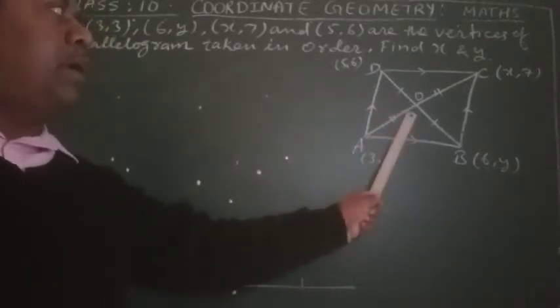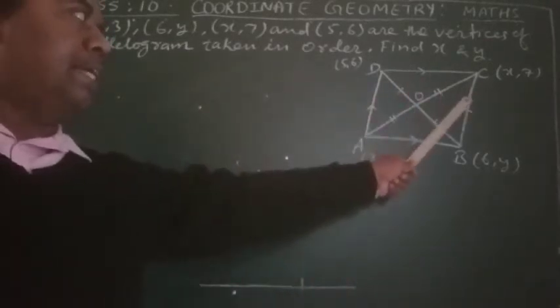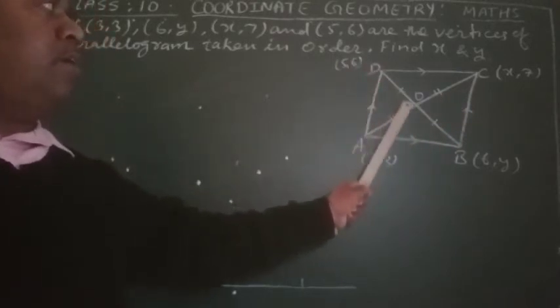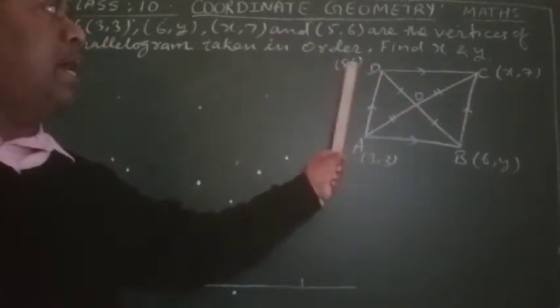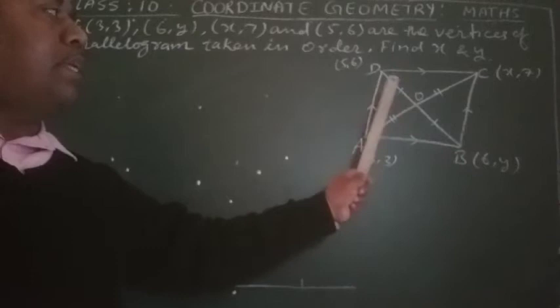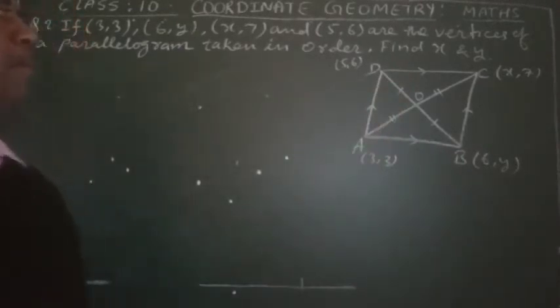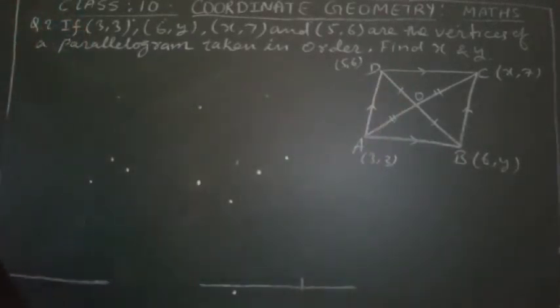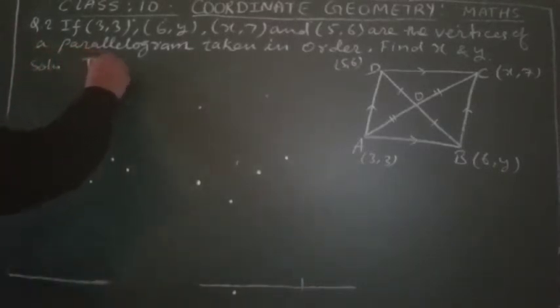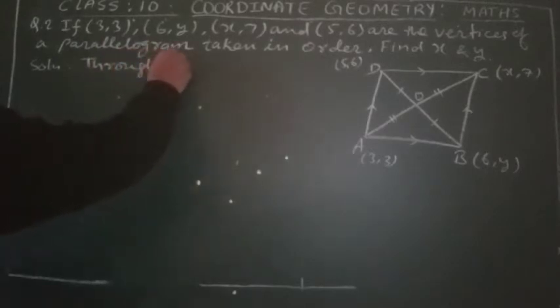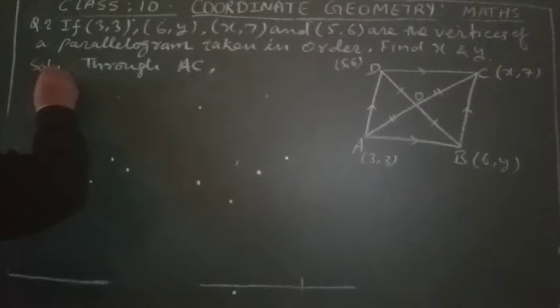We find the coordinate of O with the help of A and C, and again we find the coordinate of O with the help of D and B. So what is the value of O by AC and BD? We have to correlate. Solution: through diagonal AC, the coordinate of O